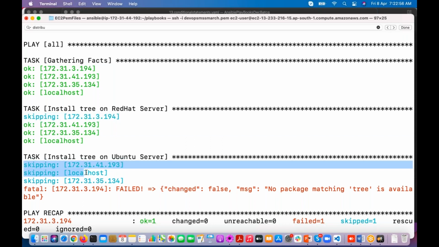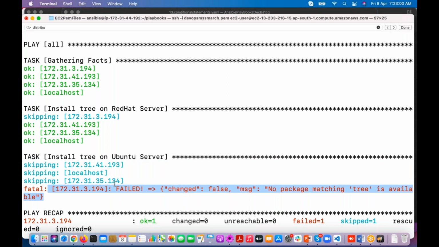Here, if you observe, three servers are skipped. In another server, it is trying to install, but that package is not available. Now you got the condition, right? Using the when condition, we can